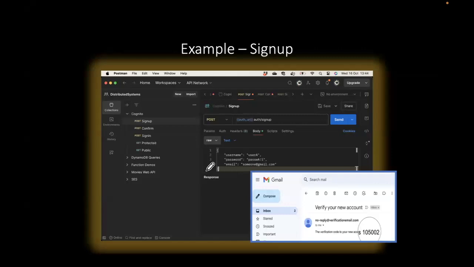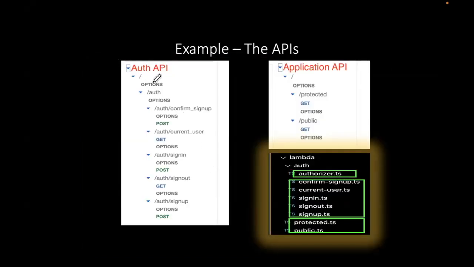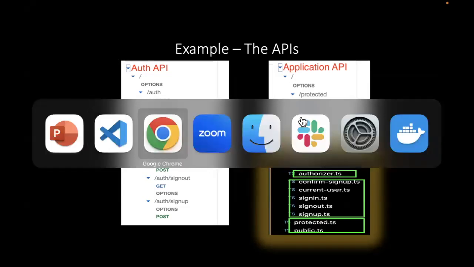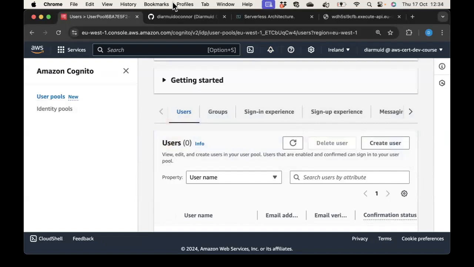So let's see now. If I just do an actual sign up first, so I have deployed that stack, and if I go back to here, this is one web API, and this is my second web API as it would look in the management console. Maybe we just check that. If I go back to the